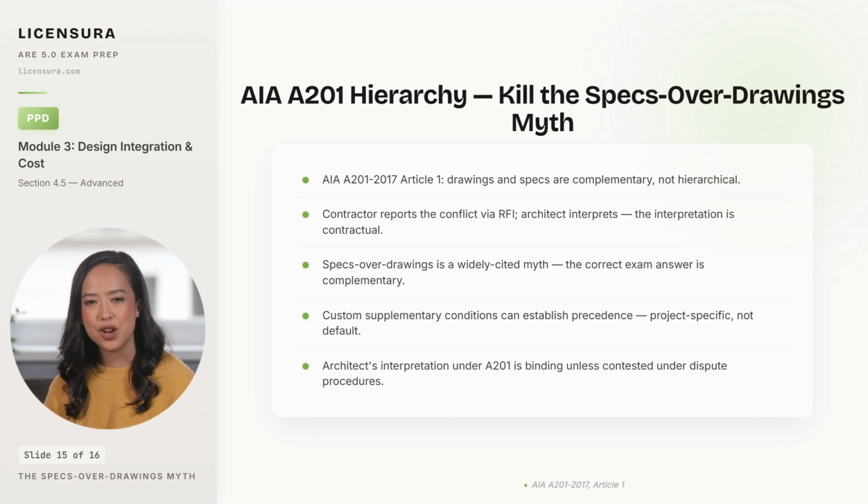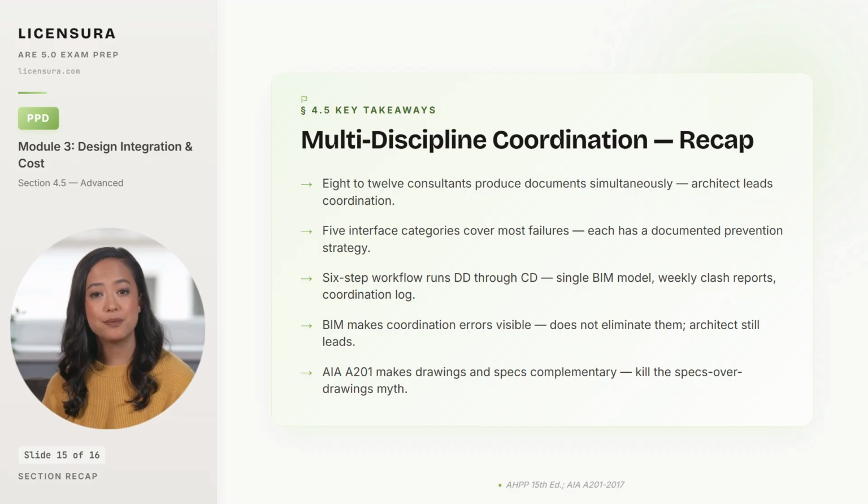Five takeaways close the multidiscipline coordination framework for the next consultant kickoff. Eight to 12 consultants produce documents simultaneously on a typical commercial project, and the architect leads coordination under AIA B101 Basic Services. Five interface categories cover most coordination failures: architectural-structural, architectural-mechanical, architectural-electrical, structural-mechanical, and civil-architectural,